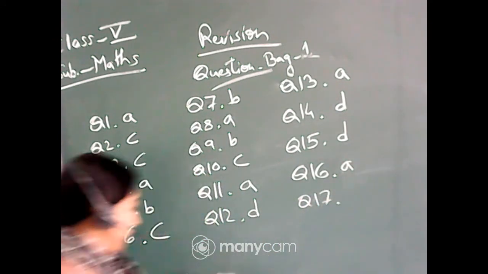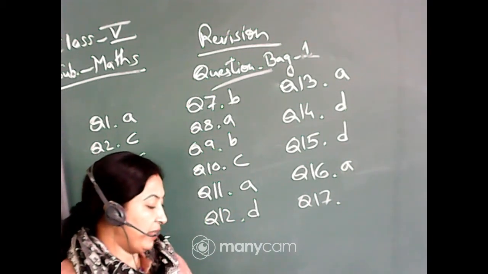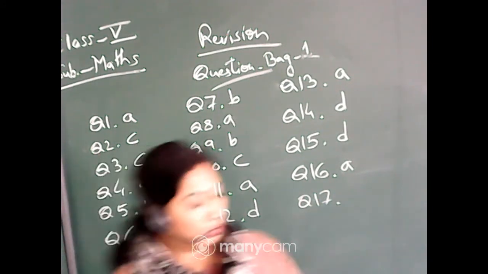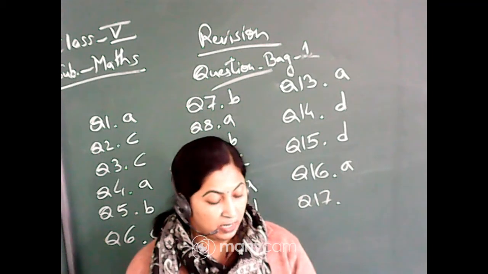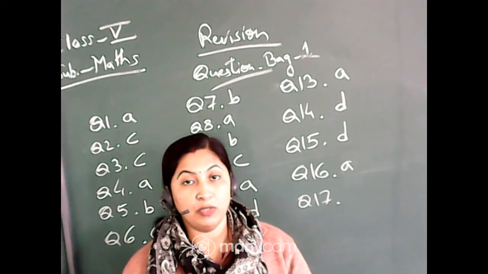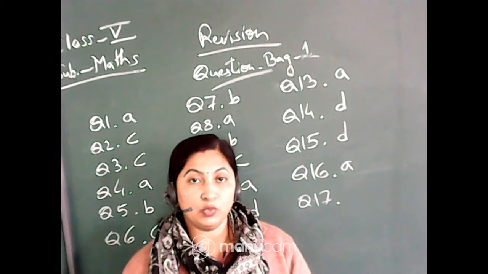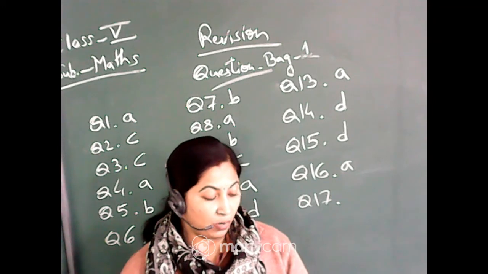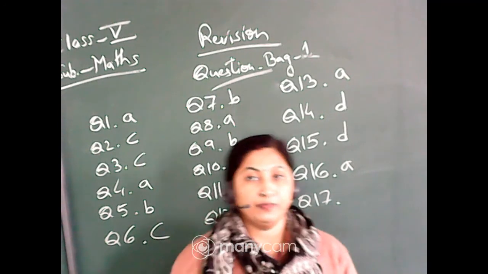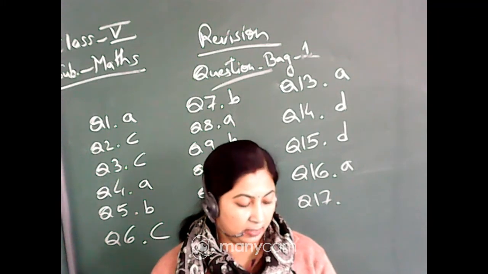Now come to question number 17. If 4137 divided by 1.75 is equal to 2364, then 14.37 divided by 17.5 is equal to, here also the decimal points are shifted and the answer is already given, that is 2364. Now you just have to give a tick mark which option is correct. That means when the points are moved, you have to tell what the answer will be.